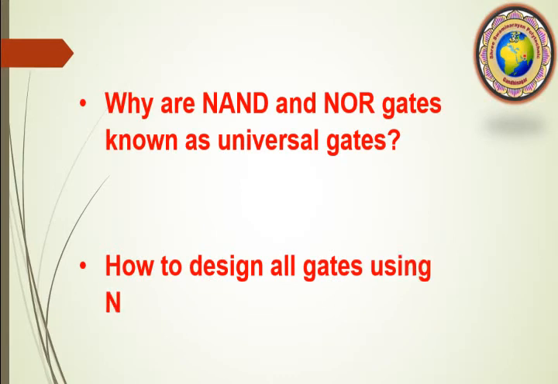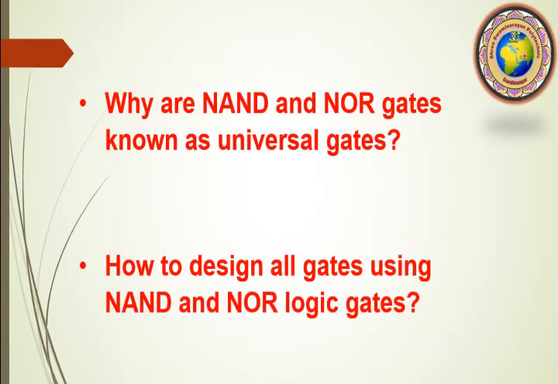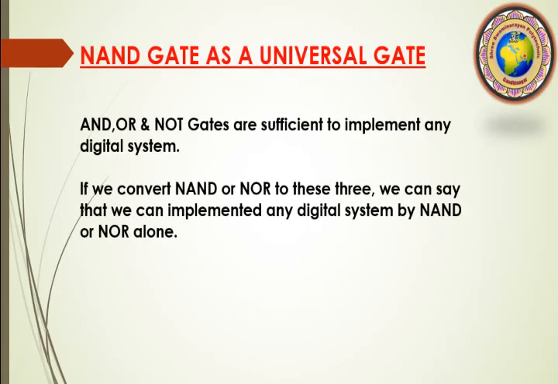Then, how to design all gates using NAND and NOR logic gates? Usually, using these universal gates we can derive all the basic gates, XOR gates, XNOR gates and their inverse gates. It takes a bit of trial and error, or you can use Boolean logic to obtain this. So you have the equations for the NAND gate and for the NOR gate. These are the two main questions that arise: why we are using the NAND and NOR gate as a universal gate. Now we start with the NAND gate as a universal gate.